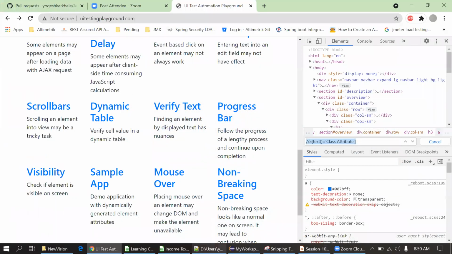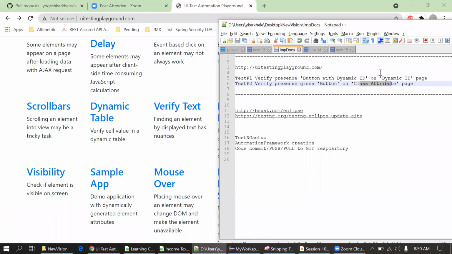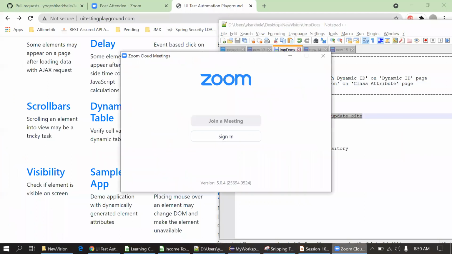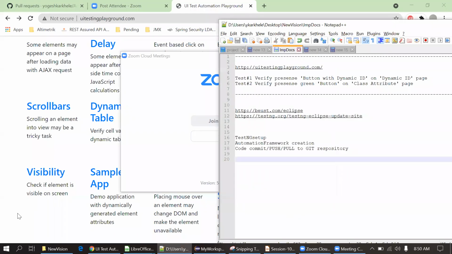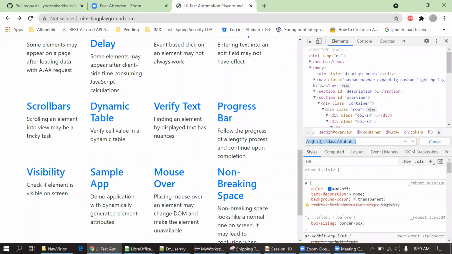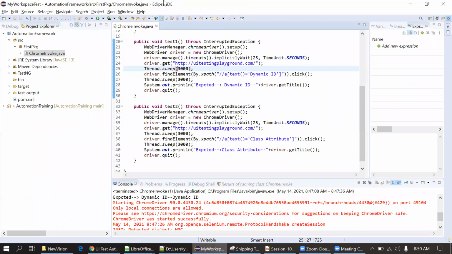I will just ping you a URL in the chat window. This is the URL from where we can install TestNG.